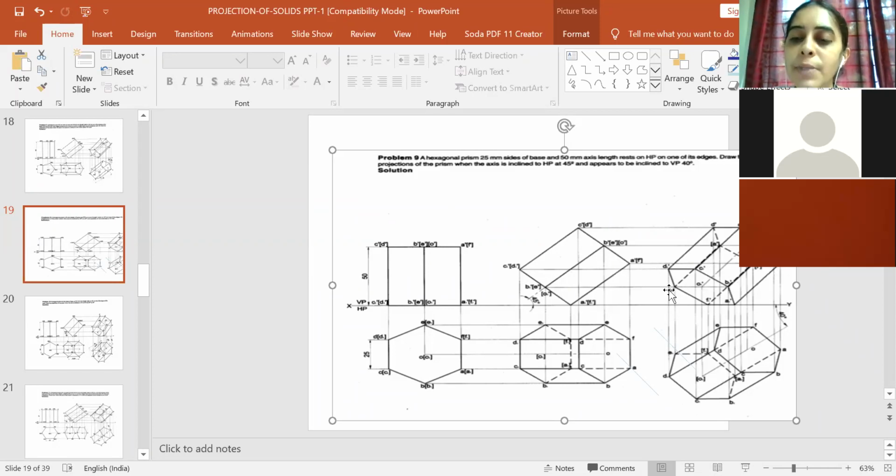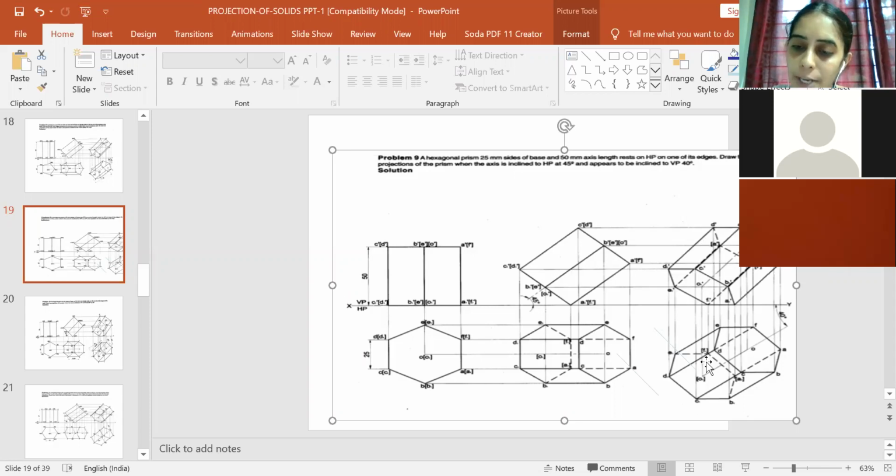The main concept is always the outer boundary will be visible. So in which direction it is viewed, the top surface will be visible. So in this case it is a top surface. If it is viewed in this direction, this is the surface through which it is viewed. So this will be totally visible, and any projection coming through inside the surface in the direction it is viewed will be hidden, and the projections coming through the corner of the top surface will be always visible, so that you will make it visible.